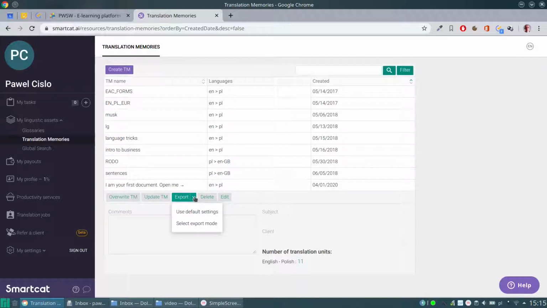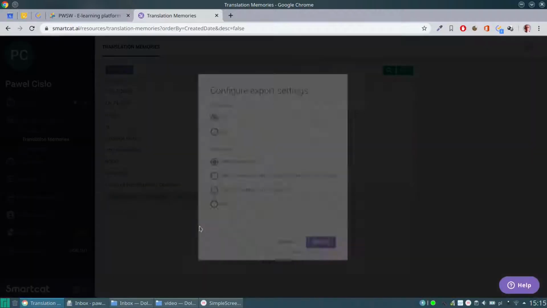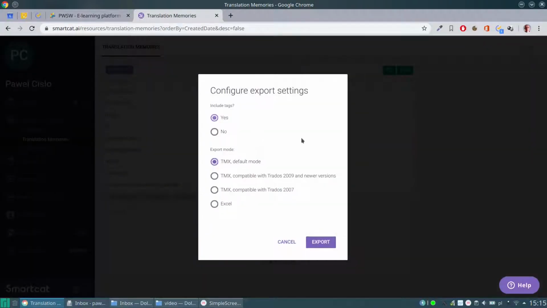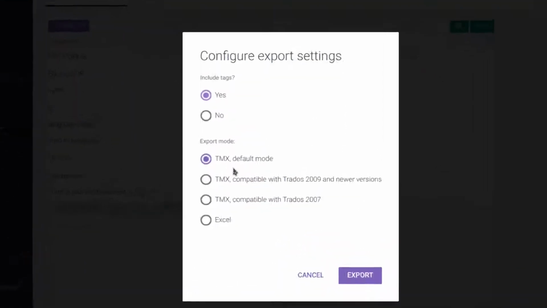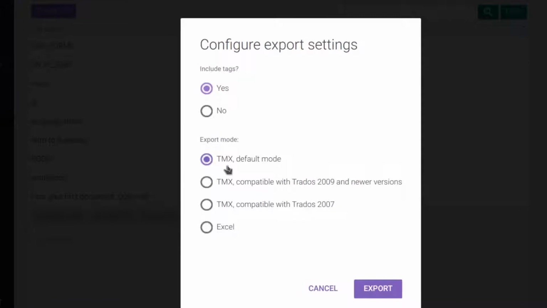So basically, it's a format which can be used in different applications, and we've mentioned that format, which is the TMX. And if you use the default settings, it will export using that format. If you select export mode here, so if you try to change the export mode, you can see that this is the default, right? It's the TMX format